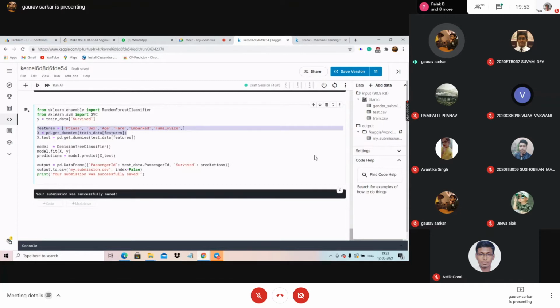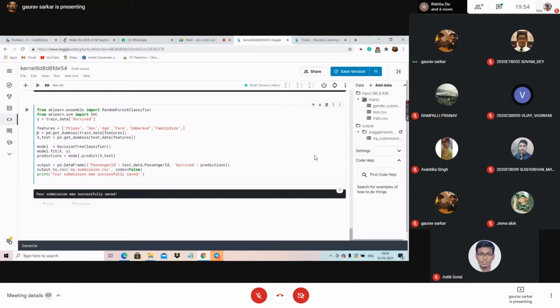Now you won't get what this pd dot get dummies and all those things are. This is code for pandas. Do you know pandas? Anybody know pandas? Please reply if somebody knows pandas. Again, we have heard of it, just the name, nothing more. Okay, so initially you need not know what pandas is. For the initial phase, you just learn Python. For a later phase, I am showing this code so that you get a better understanding of what is going on. You need not understand each and every line.